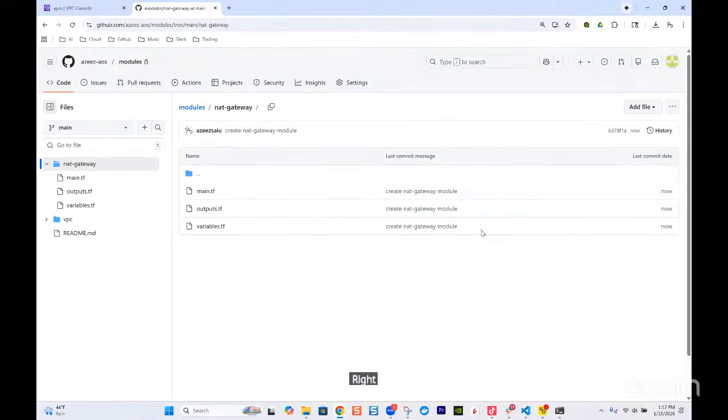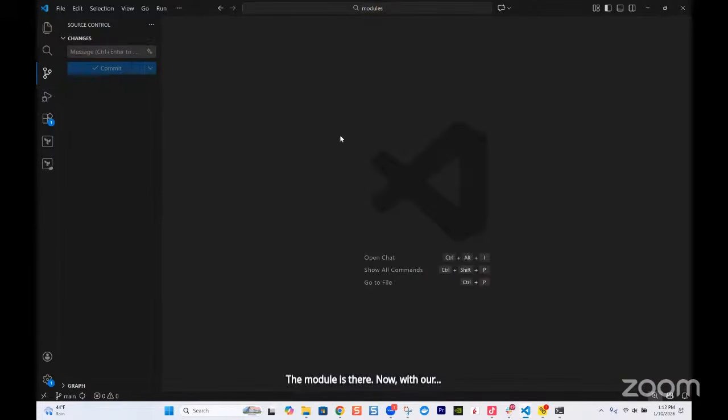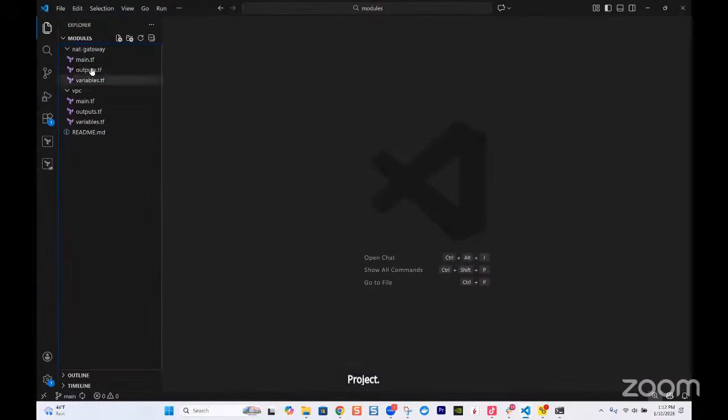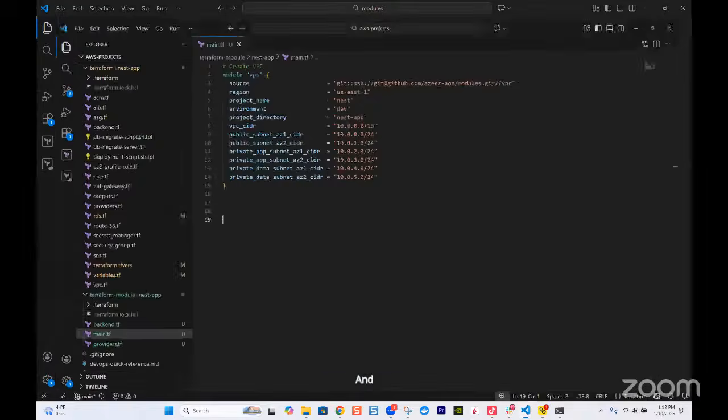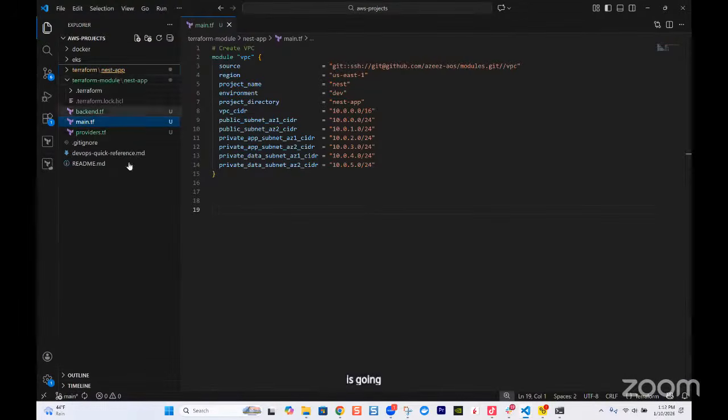So now the module is there. Now with our project, we have the two modules now, VPC and NAT gateway, and our project is going to call it. Our project is going to call it, right? So for a project to call it,